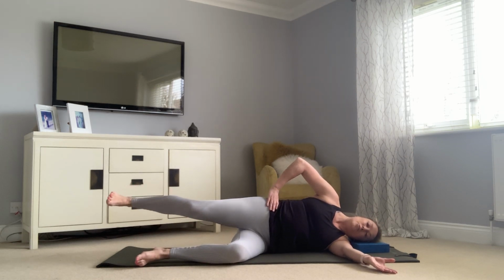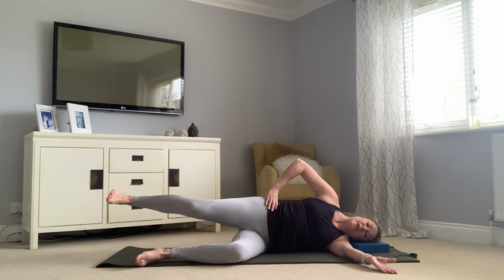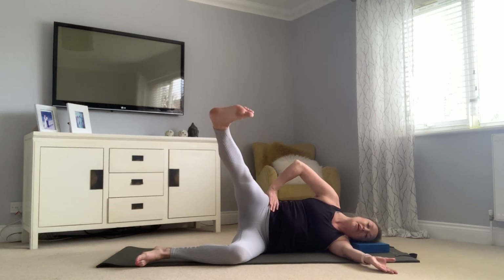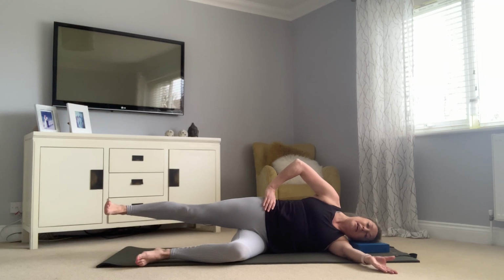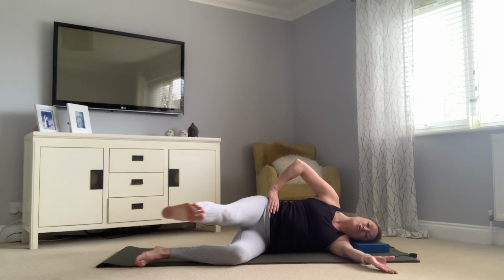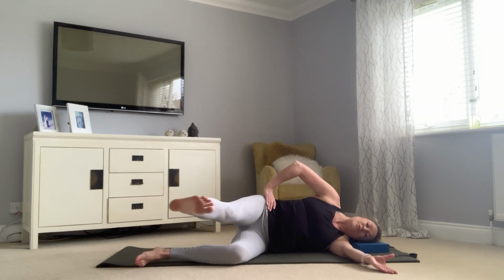Okay, so we go out, bring it forwards, bring it up, down, back, bend the knee in. Push it back, straight leg, keep the waist up, swing the straight leg forwards, lift it up, down, straight leg comes back in, bend the knee. So straighten the leg, come forwards, up, straight leg swings back, bend the knee, this is your last one, straighten, keep it long, leg comes forwards, hold